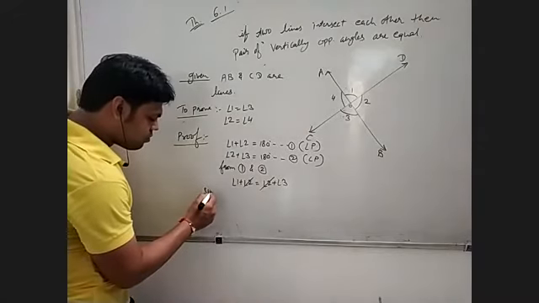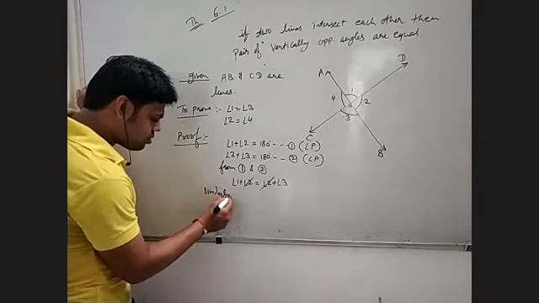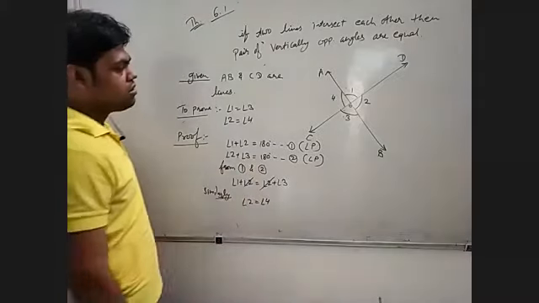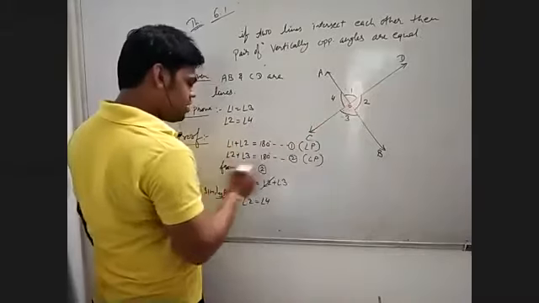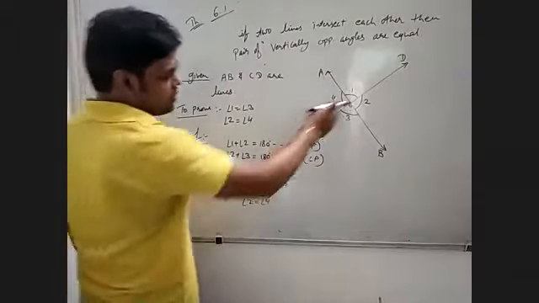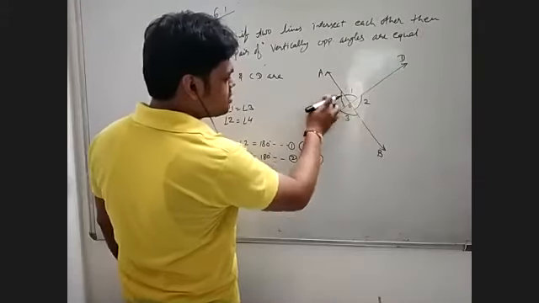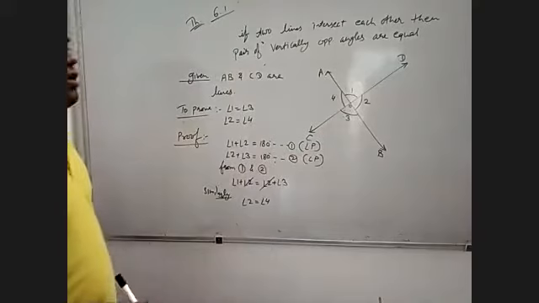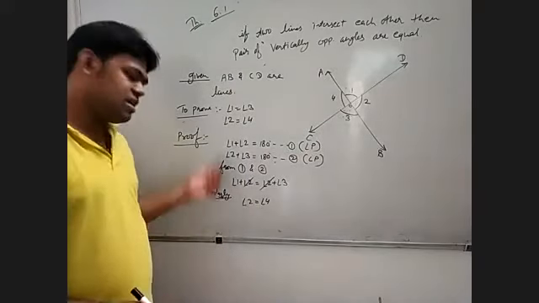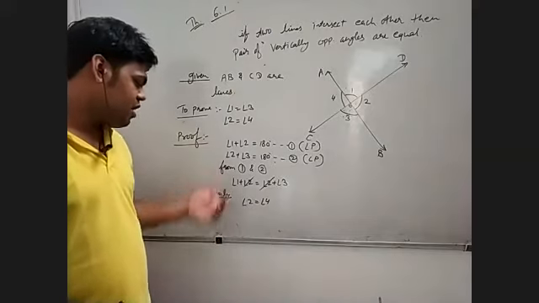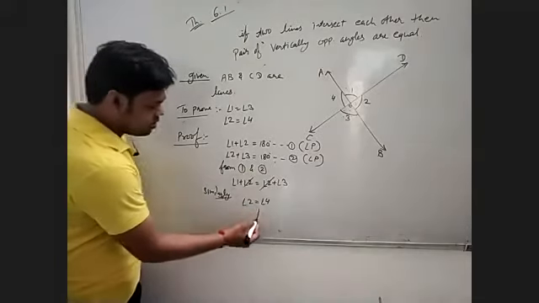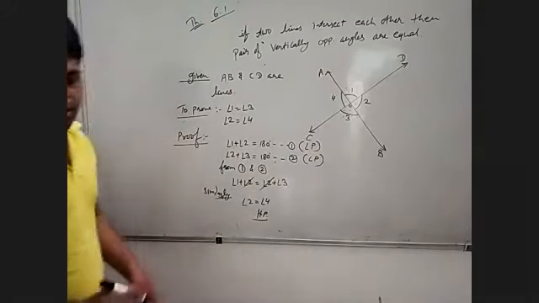Similarly, we can prove angle 2 is equal to angle 4 because the same concept is there, because 2 plus 3 is also equals to 180 already and 3 plus 4 is equals to 180. So if we equate both the equations, 2 plus 3 equals to 3 plus 4 and 3 cancels out, then it will be 2 equals to 4. So you get 2 equals to 4. Because the process is the same, we don't have to derive again. We have to write only similarly. This part can be proved. It is completely so.